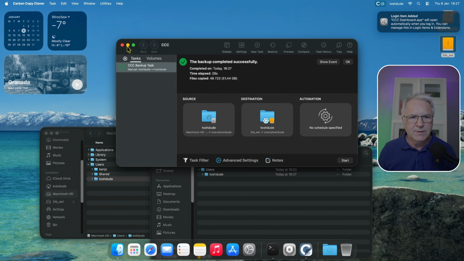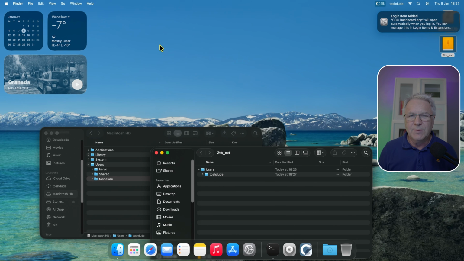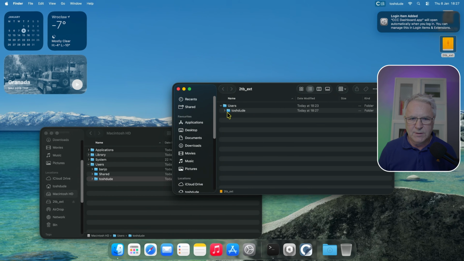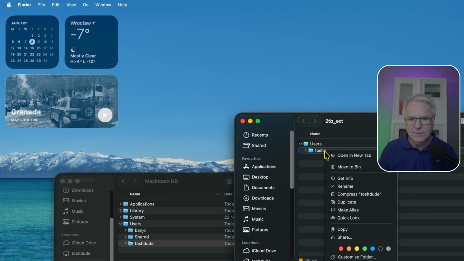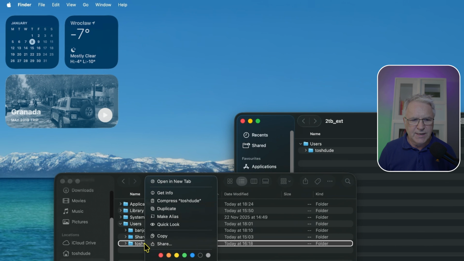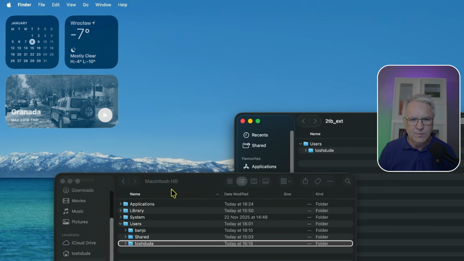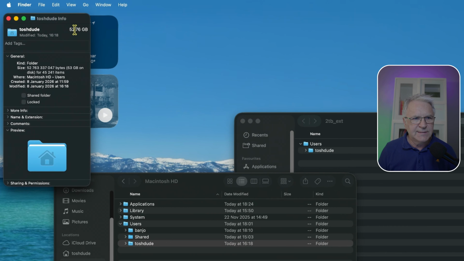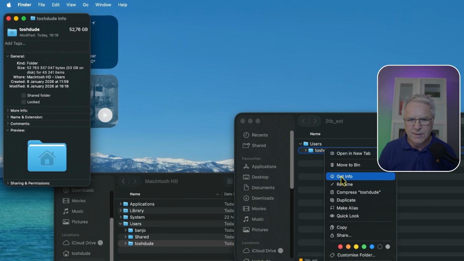So here we are. Backup successful. So now we have two of them. So here's one. Let's have a look. Ta-da! There's all the folders. Let's just see. I just want to compare how big the files are. So first of all, I'll just right click here, go to Get Info. That one says 52 gigabytes. Right click this one, Get Info,